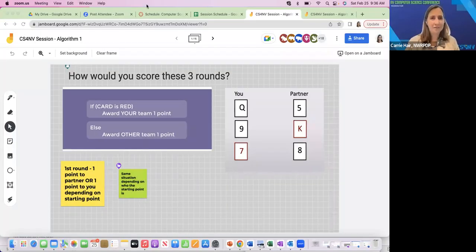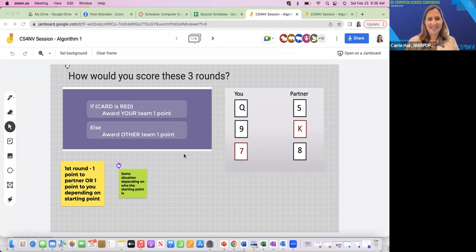Okay, so with the Jamboard, I'm going to post the link in for round 2 in just a second, but I want to go ahead and bring up the Jamboard that we looked at, or some people got to look at. And let's see. All right, so here's what I'm seeing. Can everybody see this screen right here?